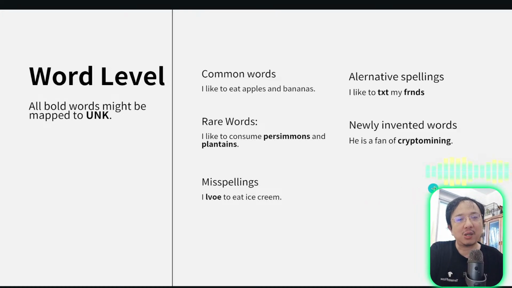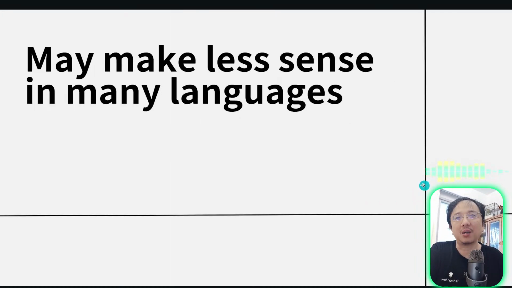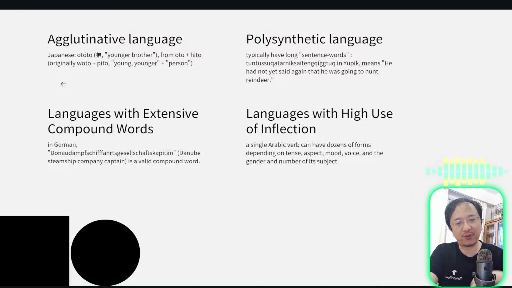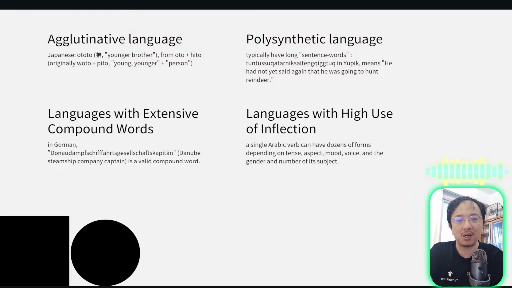Also, English is not the only language in the world, so word level may make less sense in many other languages. Some other languages are similar to English, but there are more than just one kind. For example, of course, for CJK, the Chinese, Japanese, Korean languages, the kanji and the word have a somewhat different meaning, and they don't have as clear a word splitter